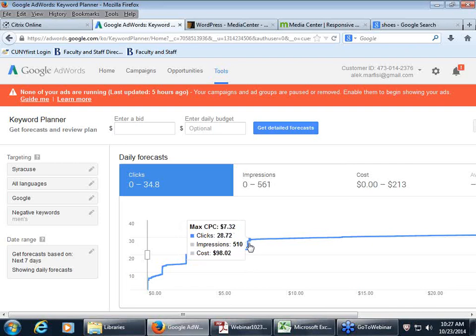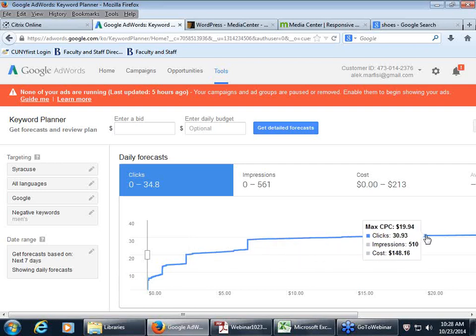So really, the goal is to pick the minimum cost per click at which you always win that auction on the search, and not have to pay any more than that, because it's not really worth it. If you pay $7 or $7.50 a click, you get 28.76 clicks per day on average.